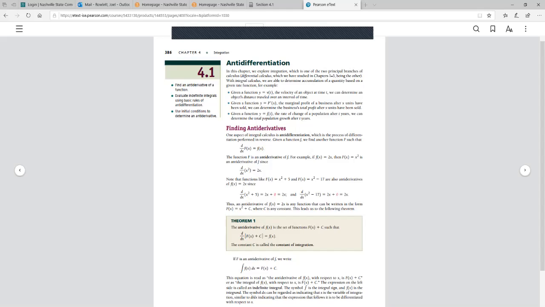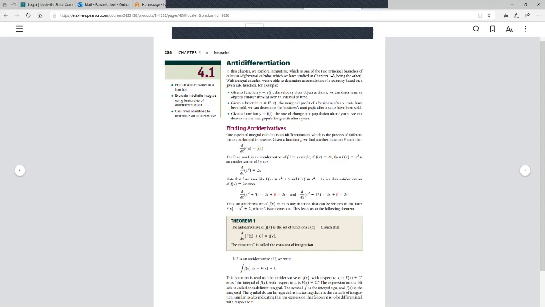And as you know in mathematics, in order to solve equations, we need to be able to undo certain processes. For example, the opposite of adding 5 to both sides would be subtracting. The opposite of multiplying both sides by 3 would be dividing by 3. So every operation in mathematics that we've talked about over the years has an inverse, right? We know that the inverse of the exponential is, for example, the natural log. The antiderivative is the opposite of the derivative, and it has some very useful applications in terms of geometry and